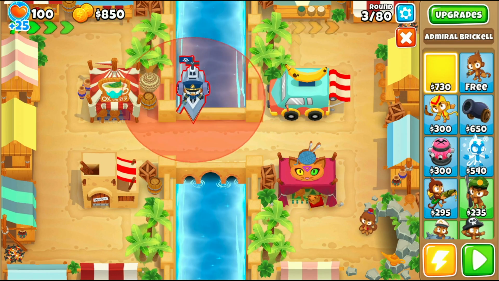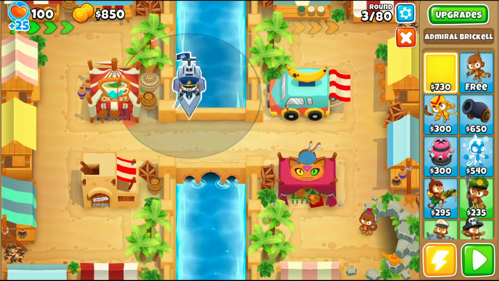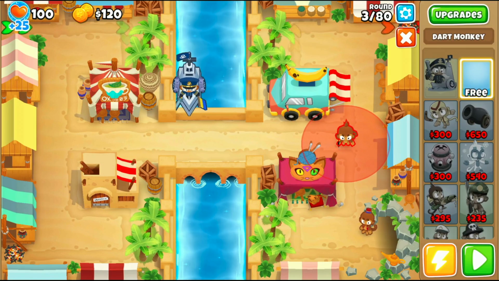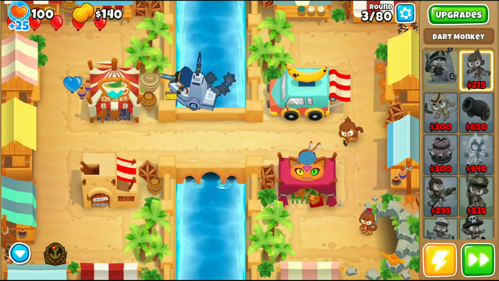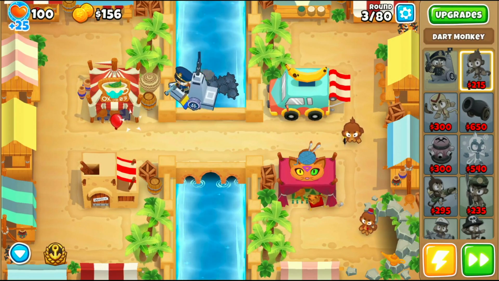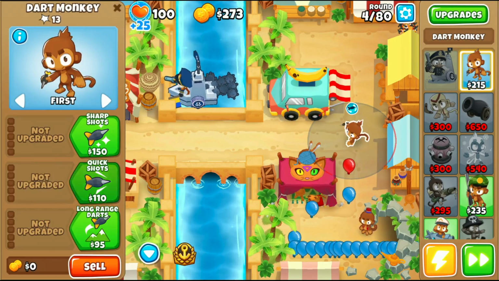What's up, everyone? Today, version 18.0 finally dropped in BTD6, and what more could you possibly ask for? A new hero, new maps, new balance changes. It's just the best. Alright, but for this run, we're going to be doing the new map Bazaar on alternate